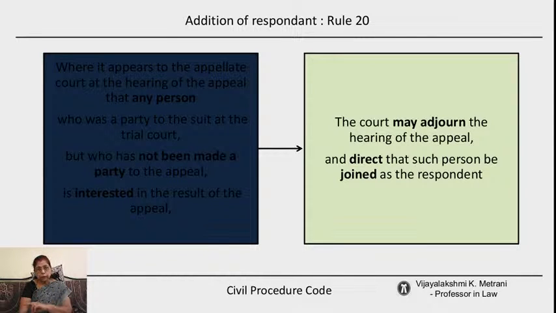If the respondent appears or does not appear, but the appellant does not appear, then also it may be dismissed for default. If the appellant does not appear, then he may once again approach the court for restoring that appeal, and it can be done by the court. If the respondent does not appear, he also can ask for rehearing the appeal. It is called rehearing the appeal, so that already judgment has been pronounced, therefore it has to be again brought on record and it has to be heard. That can also be allowed.